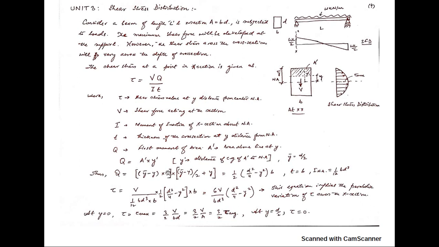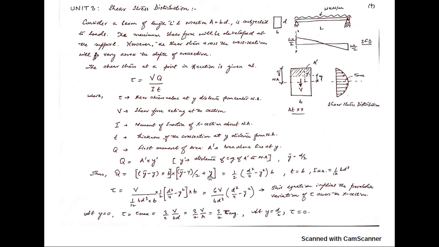Now the area I have calculated. What you have to calculate is y dash. So this distance will be this distance by 2 plus y. This is your distance, y bar minus y. This will give you this distance. Dividing by 2 will give you half of it, because the centroid of the area will be lying at half from here. And plus y. This is how you can calculate y dash. If the values are given, this will be easy. You can directly calculate it by the values.